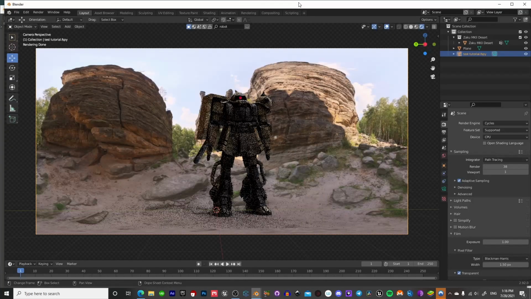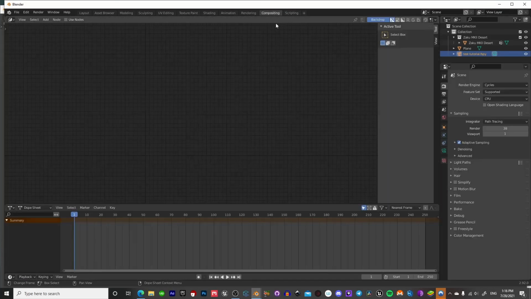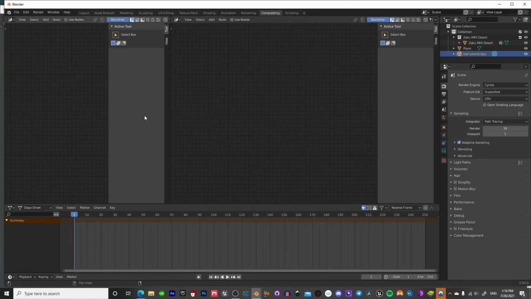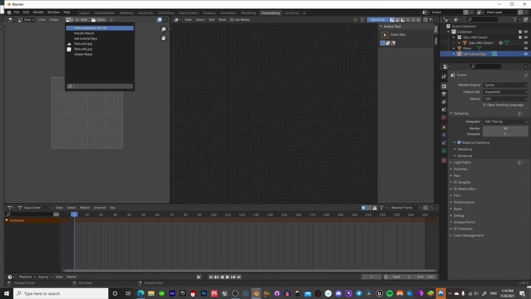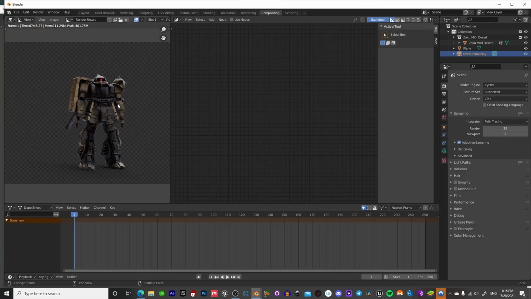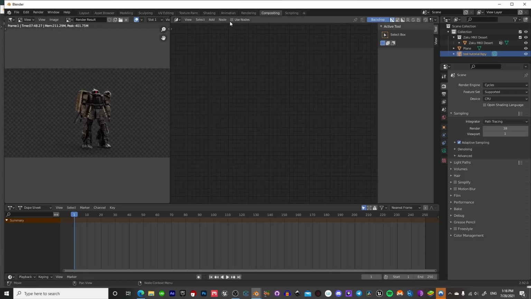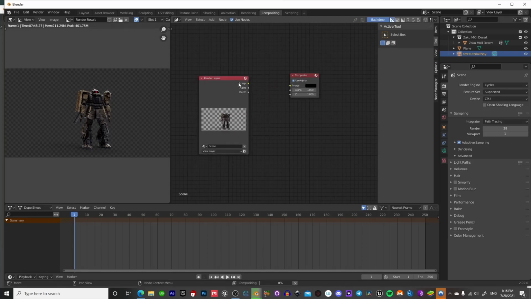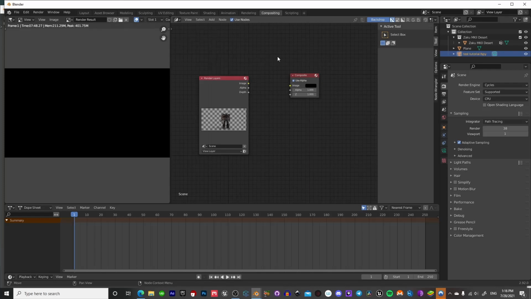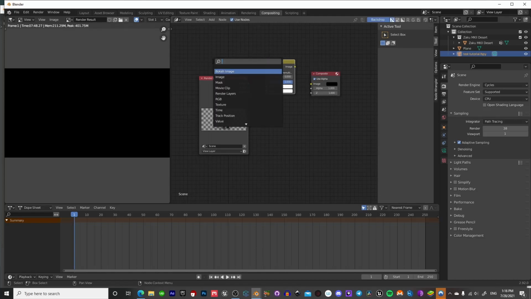render. So anyways, we're gonna come over to the compositing tab, and what we're gonna do is we're gonna pull over another screen here and pop this into image editor, and we're gonna pull up the render result. So you can see we have our render result here, and we're gonna click use nodes because we are using nodes, and we're gonna go ahead and detach this for right now. And we're gonna bring in, so Shift A, we're gonna bring in an alpha over, so we need that obviously. Basically just mixes the images together,